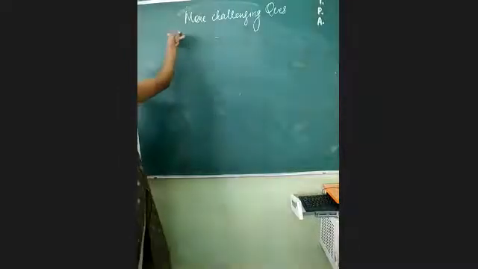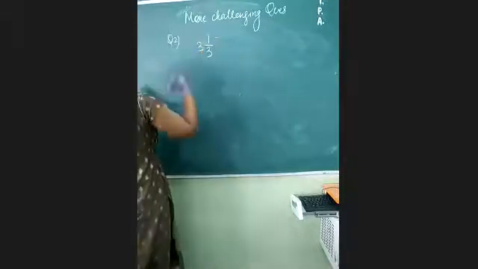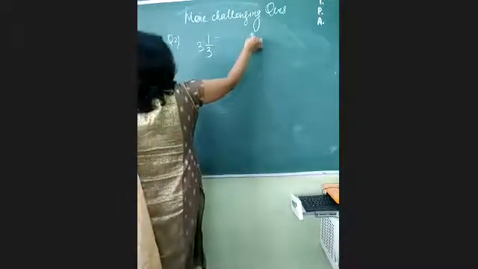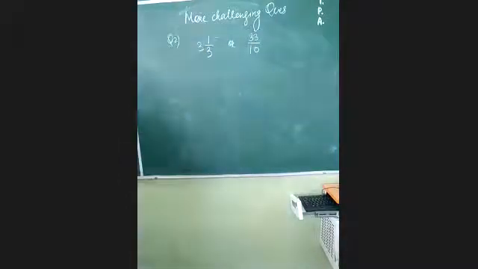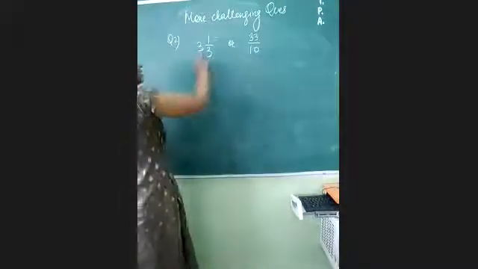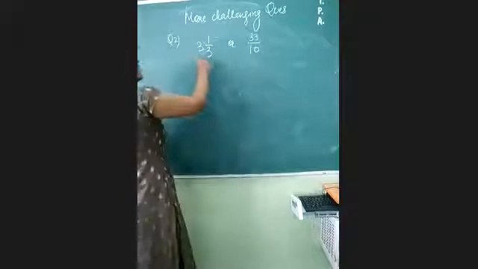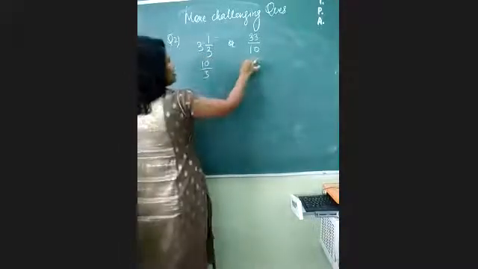The question is telling us you have to tell which one is greater, and we have the numbers 3 whole 1/3 and another number 33/10. So one number we have is 3 whole 1/3 and the second number is 33 upon 10. It is asking which number is greater. So first, this is a mixed fraction. So let us convert this to an improper fraction. 10 upon 3 and this is 33 by 10.